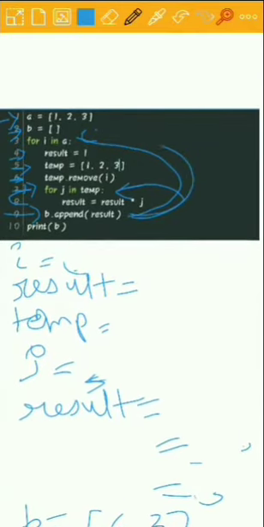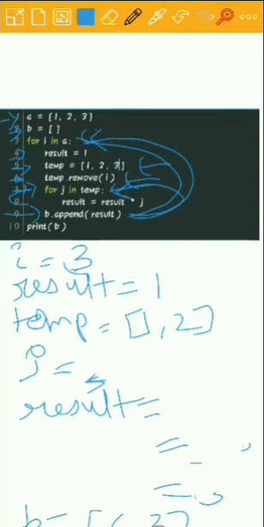Now control will go again to line number 3. It will check if there is any other element in A. An element is there with value 3, so our i value will become 3, result again 1, and temp again 1, 2, 3. This time we are removing 3 from the temp list. So after removing 3, our temp list will contain 1 and 2. For multiplication, again we enter the for loop. Now j will become 1, and result will become 1 into 1, which is 1.